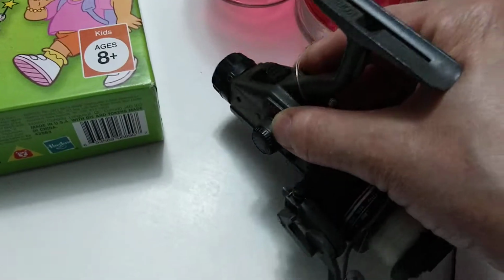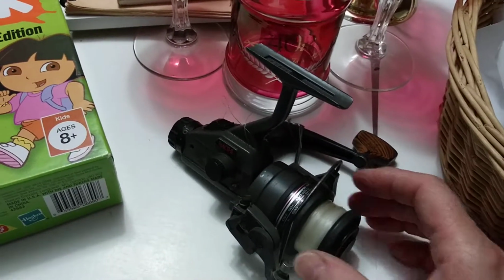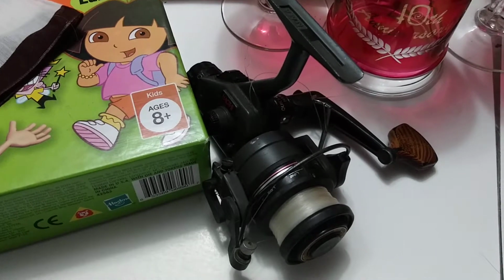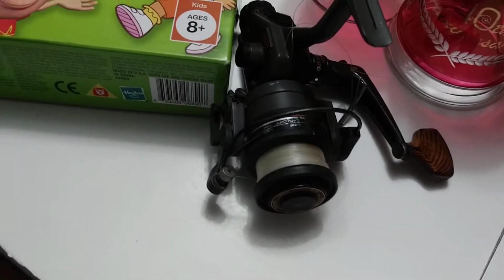Here's another interesting item. I just threw this in there because I needed to get it out of the way. A fishing reel. Have not done any research on this, but I know some can go for good money. So we'll see whether this is actually functioning and find out how much it would go for. And then we have